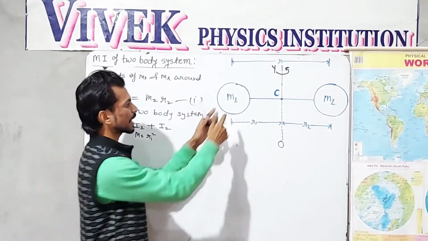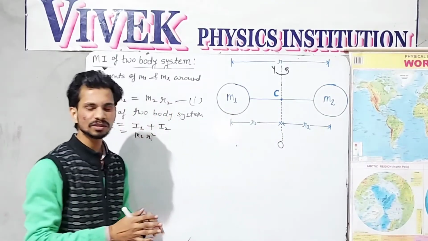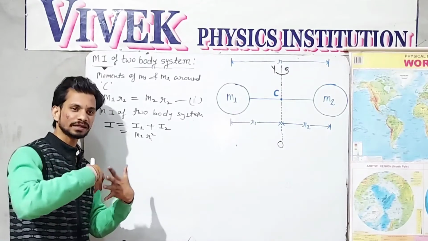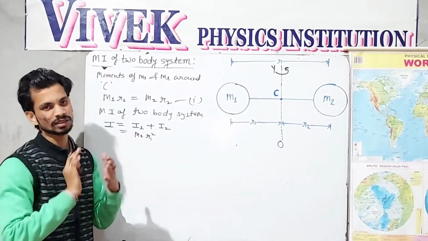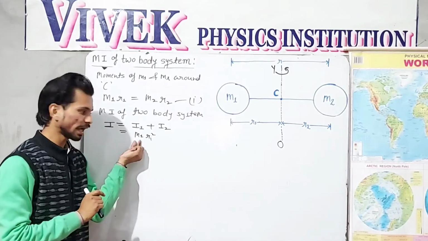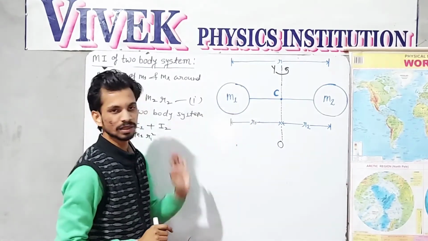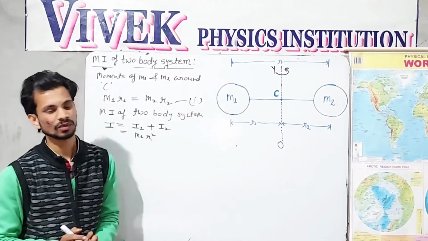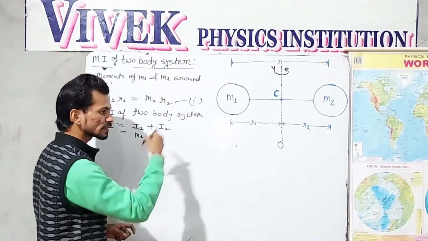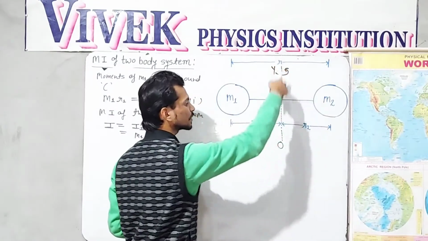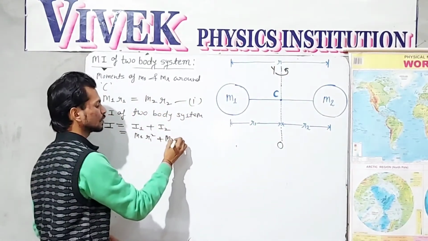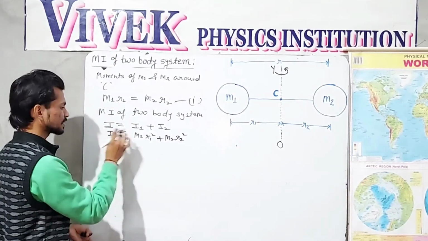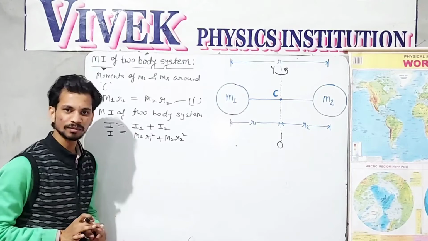By simple definition, the moment of inertia of any body is just equal to the product of the mass and the square of the distance from the axis to the particle. So this is the mass and this is the distance from the axis of this particle m1. This gives me the moment of inertia of m1 around O by. Similarly, the moment of inertia of m2 around O by will be m2 r2 square. This is the simple formula for the moment of inertia of the combined body.